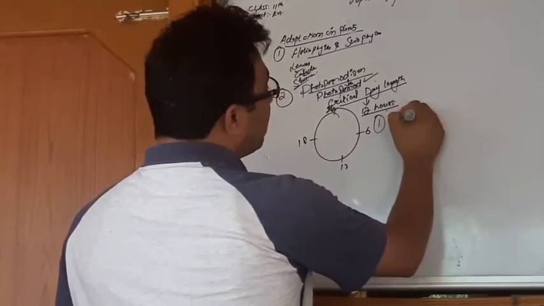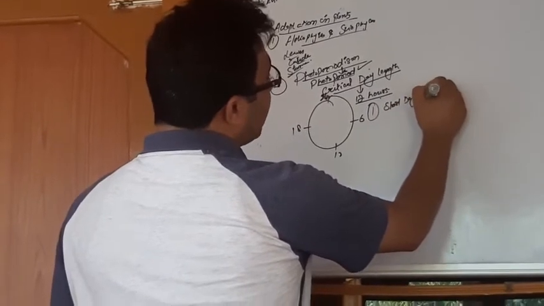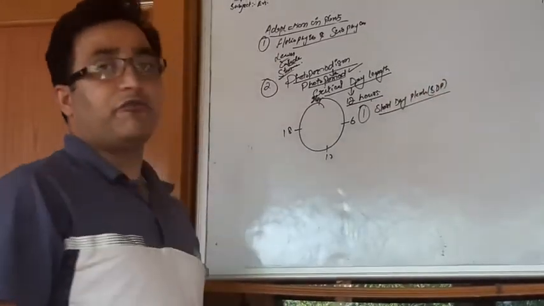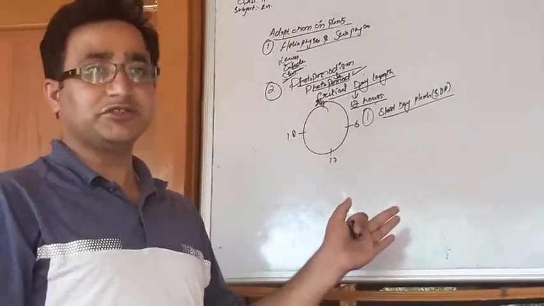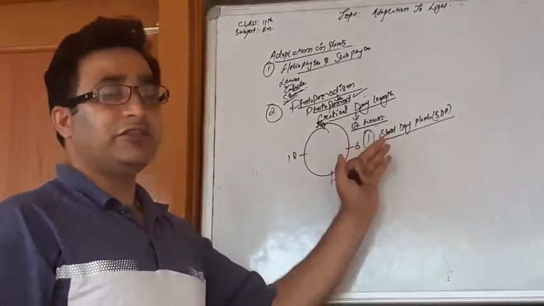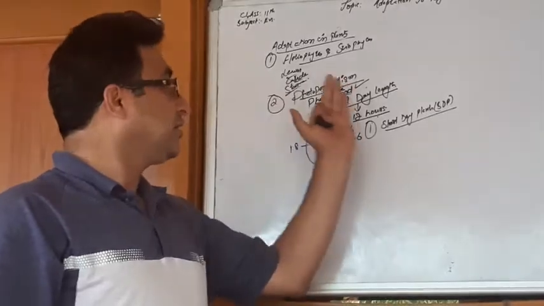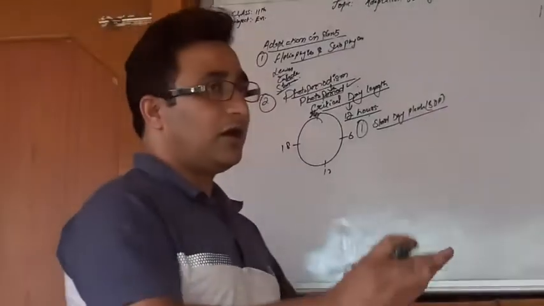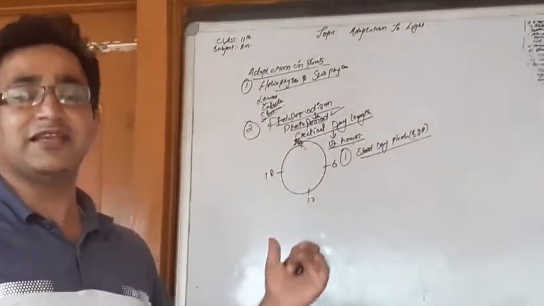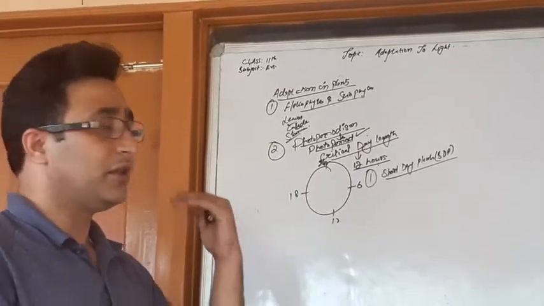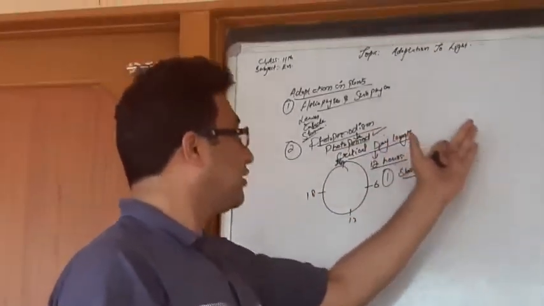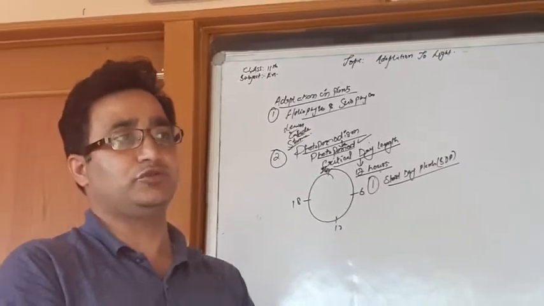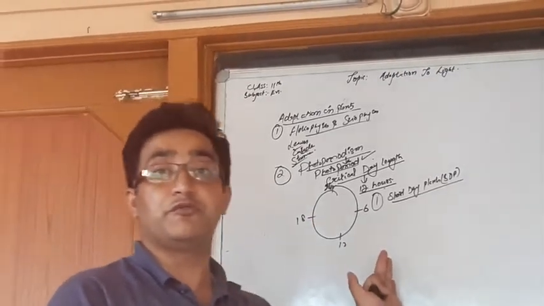शॉर्ट डे प्लांट। यहाँ पे जो द फ्लावरिंग ऑफ द प्लांट्स दैट occurs during when the length of the day or when the light exposure, हम ये कहेंगे daylight that remains less than the critical daylight length, यानी कि जो मतलब फोटो पीरियड यहाँ पे होता है दैट इज लेस देन द critical day length। जो critical day length that is less than 24 hours, यानी